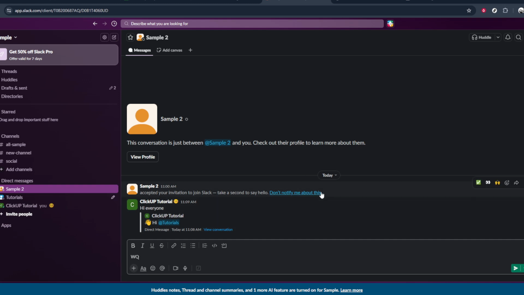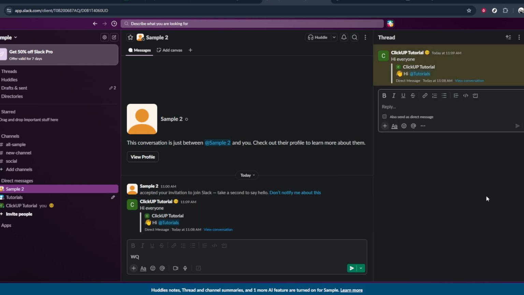It's not a permanent record, and it doesn't tell you exactly what they saw, but it's a real-time hint that your message has their attention at that moment. By combining these three signals, reactions, thread replies, and the typing indicator, you can get a pretty good sense of whether your Slack messages are being seen, even with